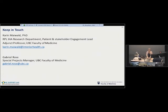I have a bit of a follow-up too on the tokenism. Sorry, we keep going back to this. So it's not so much about tokenism, but rather a bit of an ethical dilemma, I guess, that I grapple with. How do I find my patient partners? It's such an incredible gray zone when I'm allowed to approach a patient. I have to get ethical approval before I'm allowed to talk to them about research. There doesn't seem to be any such requirement if I ask them to contribute to the research, which makes sense